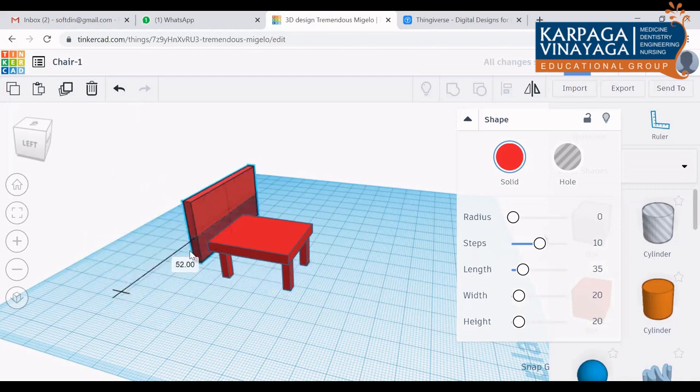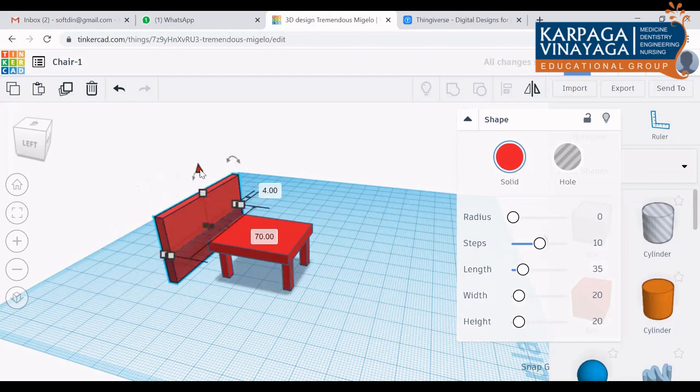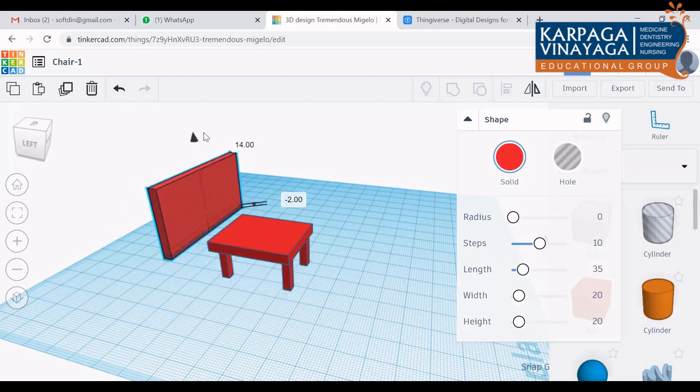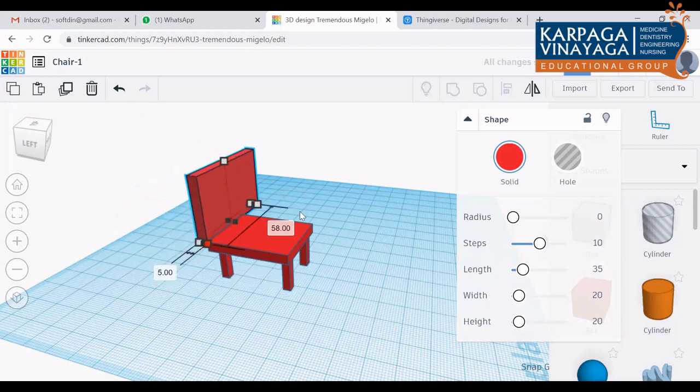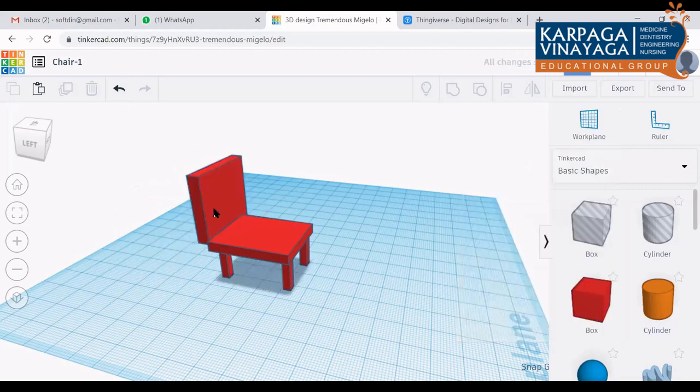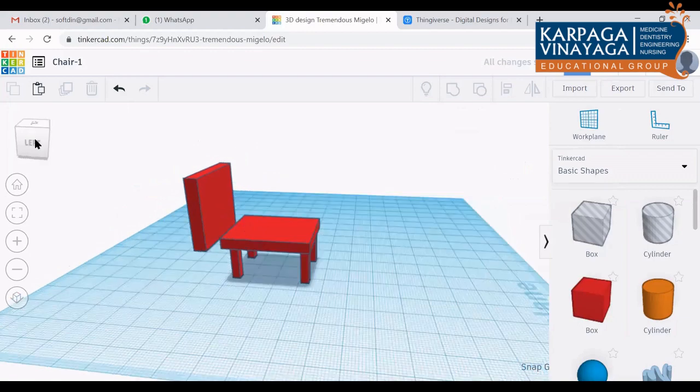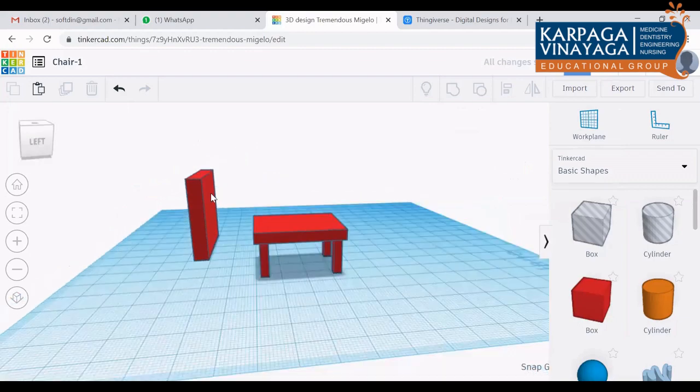Okay, so then I am going to move this over that. For moving up, again the same thing, you click this black button. Then you move up how much distance you want. Once it moved up, you can place it over here. You can change the dimension accordingly. This side you want, you can place it, or that side you want, you can place it. And you can see whether it is seated properly.